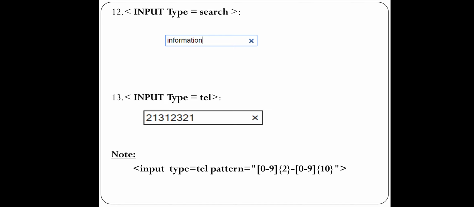And after that there is a dash, and again there is a range given in square bracket, that is 0 to 9, and after that it is given curly braces 10, means now here you want 10 digits made up from the given range, that is 0 to 9. So this is called a regular expression, means a pattern of how a mobile number should be. So here the first 2 digits are the country code, then there is a dash, and after that there is the exact 10 digit mobile number, right?